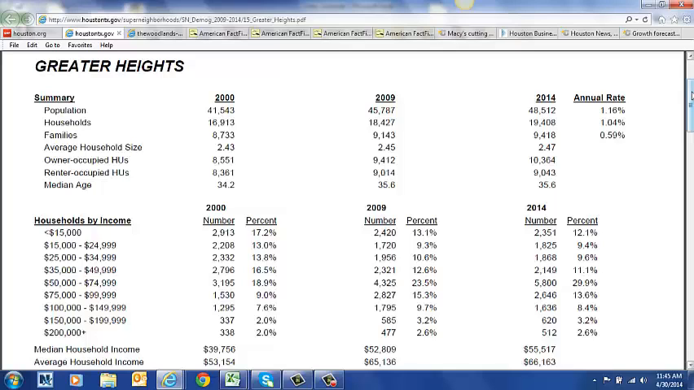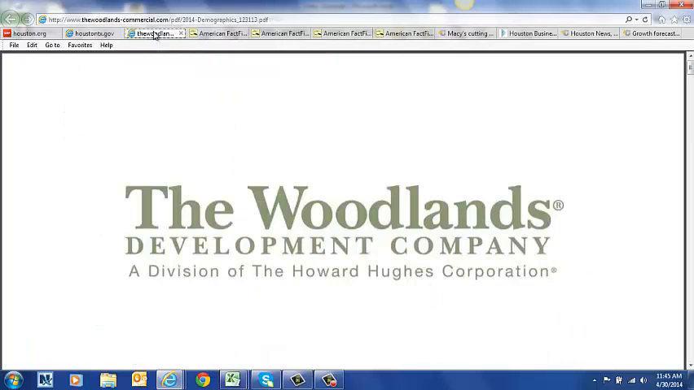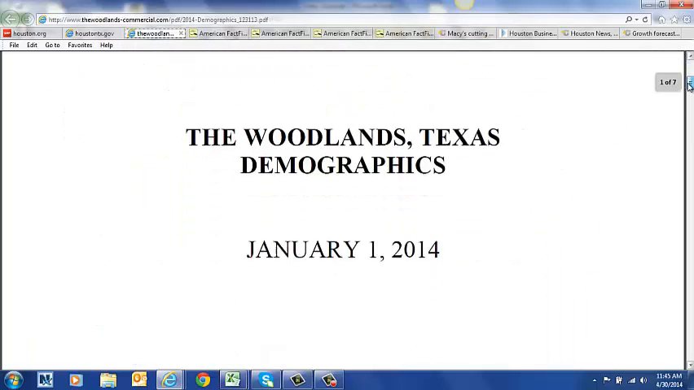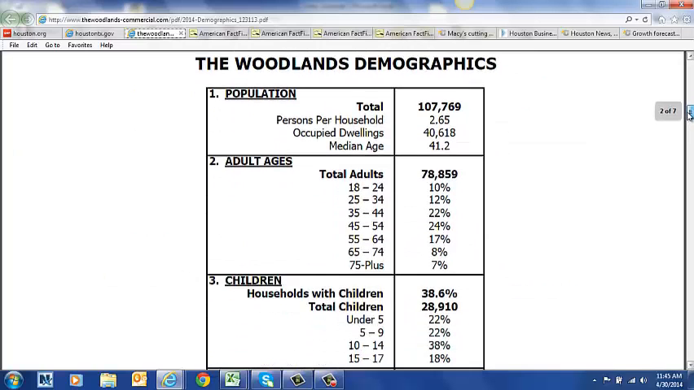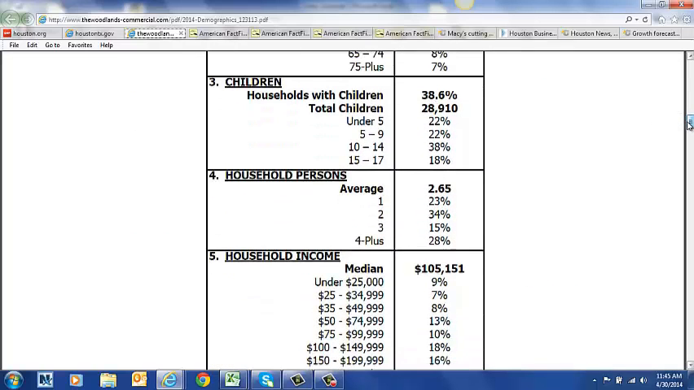Another example is a Woodlands, Texas demographic published 1st of January 2014. It gives some stats about population, adult ages, children, household persons,